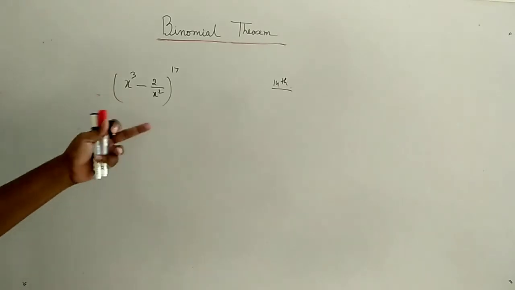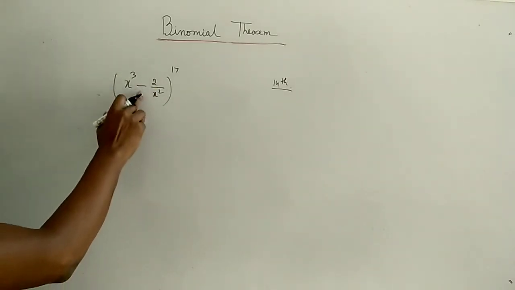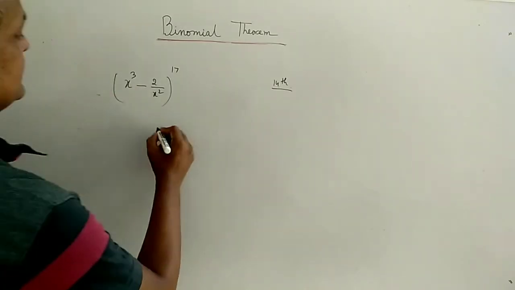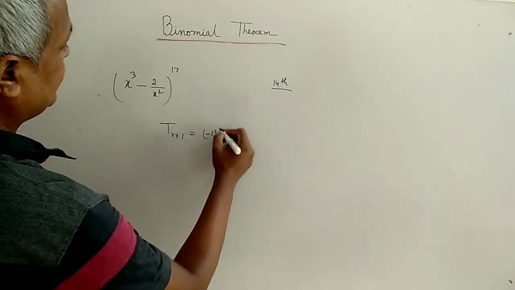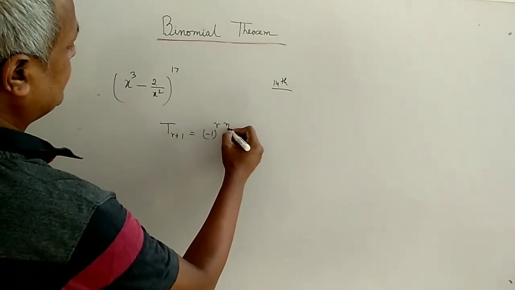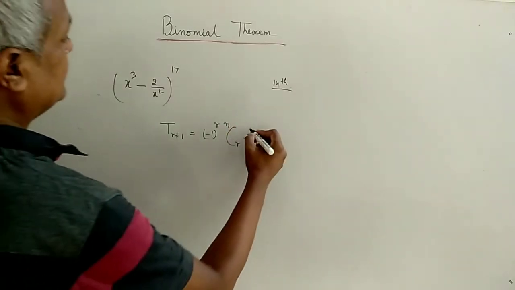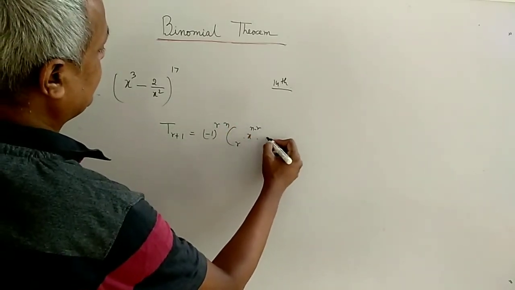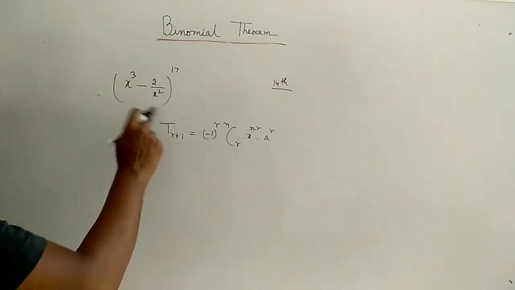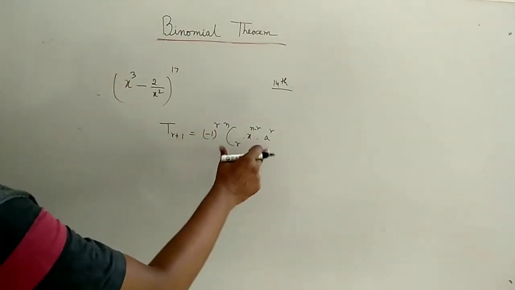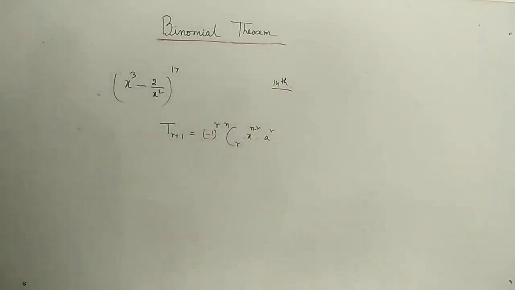So just, as I showed a little earlier, the general term in this kind of expression, where there is a minus sign between them, is T(r+1) = (-1)^r nCr x (that is the first term) to the power n minus r, into a (that is the second term) to the power r. So here, if I try to find the general term based on this formula for this particular expression,